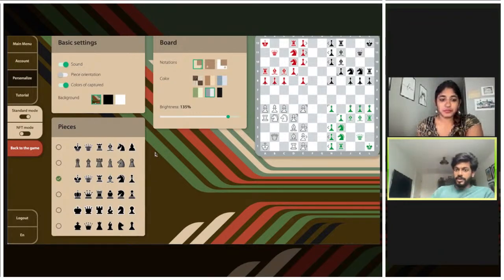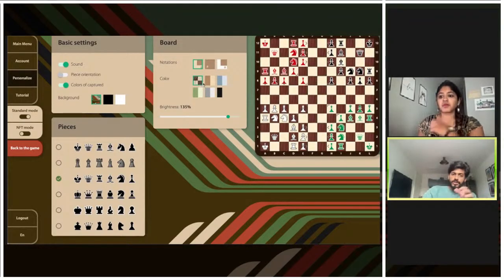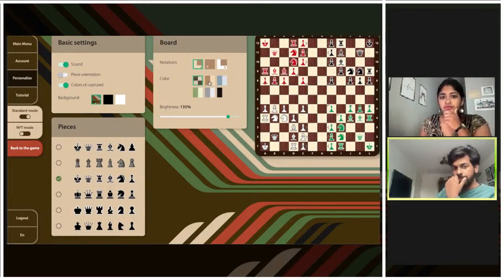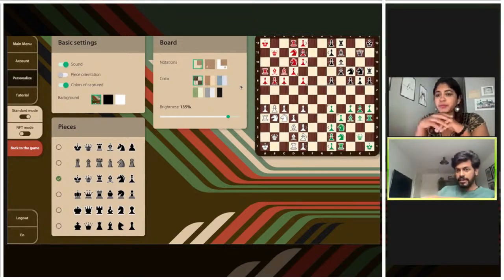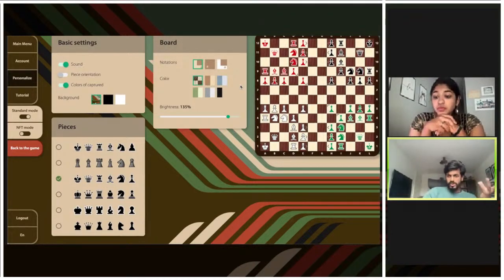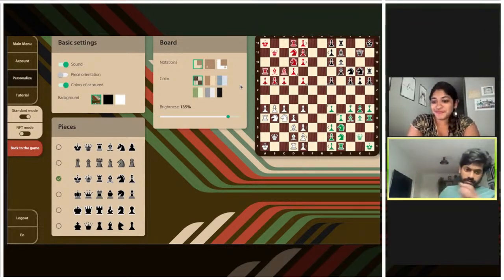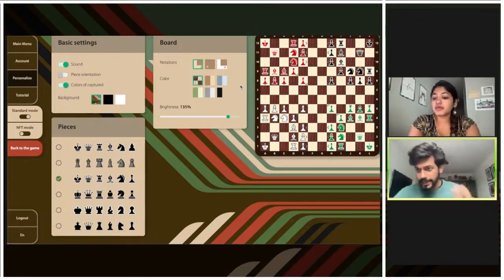Okay, so then we can go to the actual board itself, which are the colors. If you go to the color thing under the board settings, let's start with that. You can decide to have either textured or untextured, right? Textured, if you go back to the first one, is the classic. It's kind of like a wood texture. It's supposed to be as close to a classic set as one can imagine. And this is probably what I would call the default for a tournament or something like that, right?